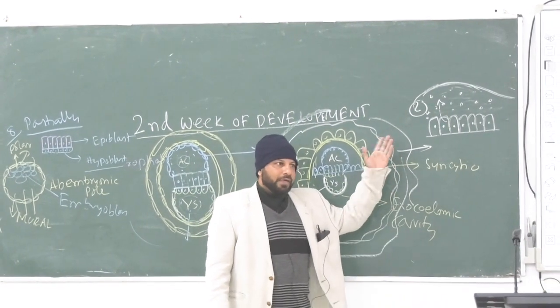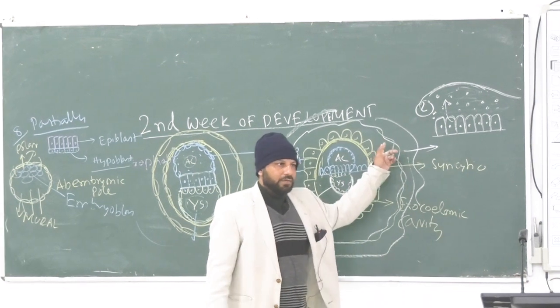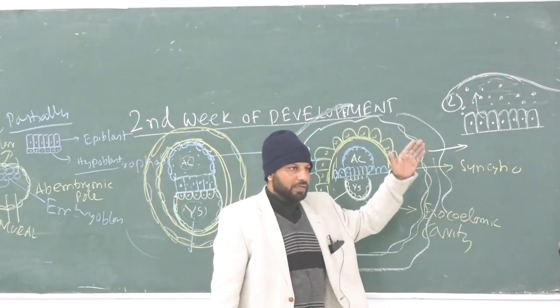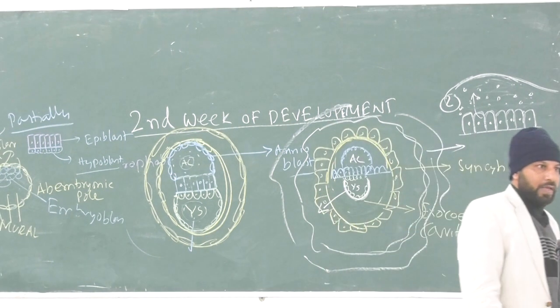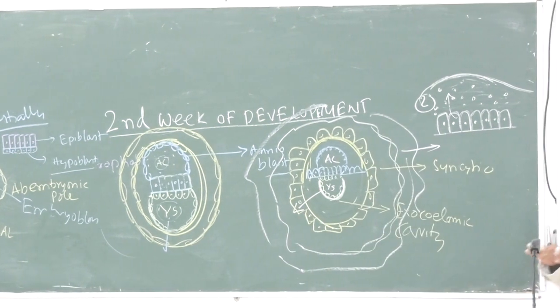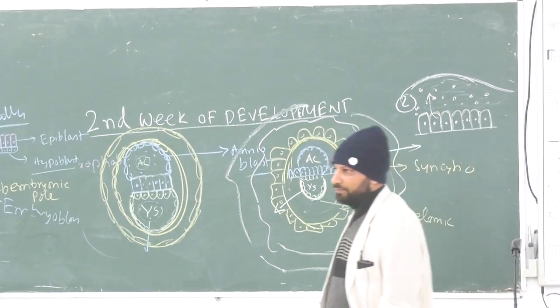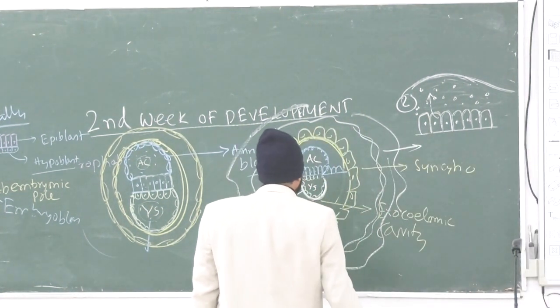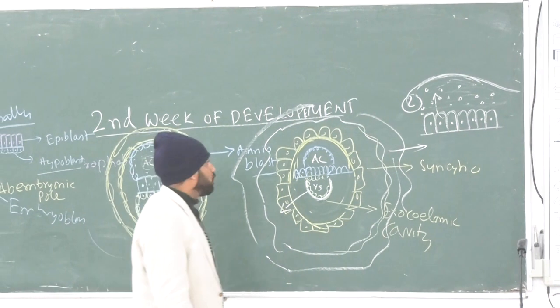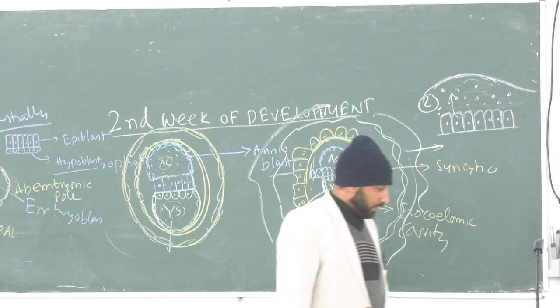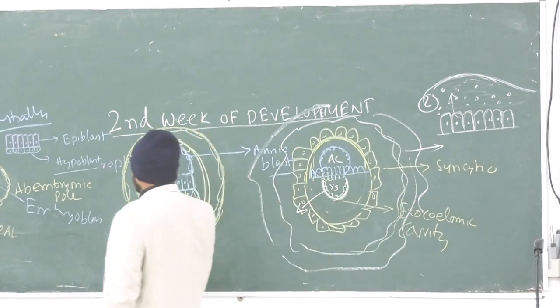There is no distinct cell boundaries of the cell. ছোট ছোট সেলগুলোর কোনো সেল বাউন্ডারিজ নেই, তাহলে এরকম নিউক্লিয়াস থাকে। সো ইট ইজ কল্ড সিনসাইটিয়াম। সেই জন্য সিনসাইটিয়াম বলে এটাকে বলা হয় সিনসাইটিওট্রফোব্লাস্ট।